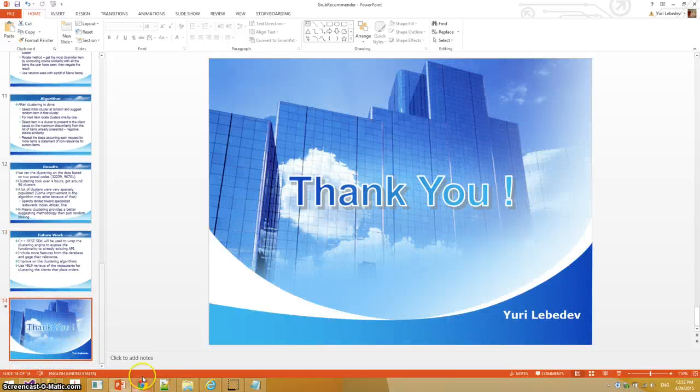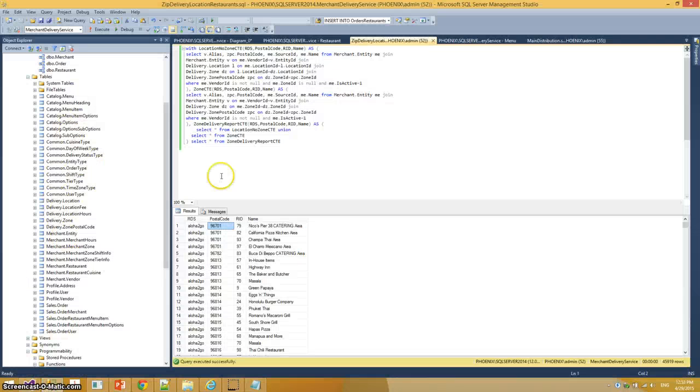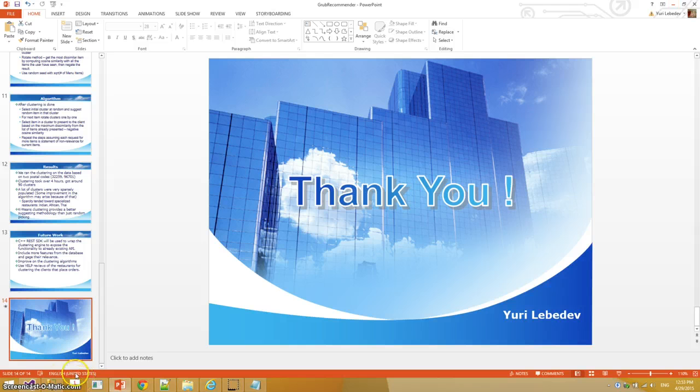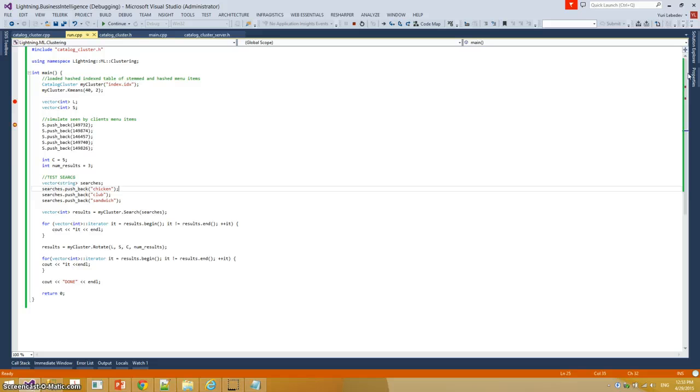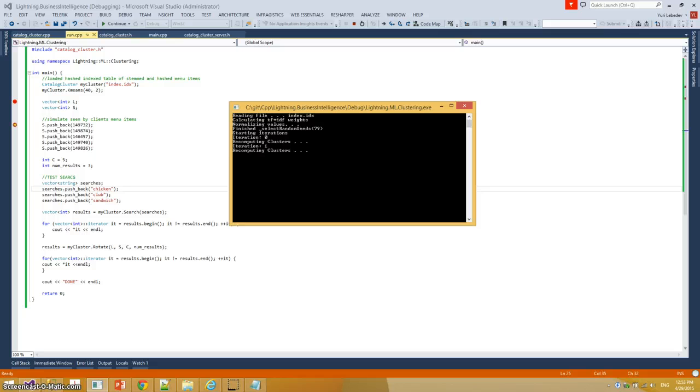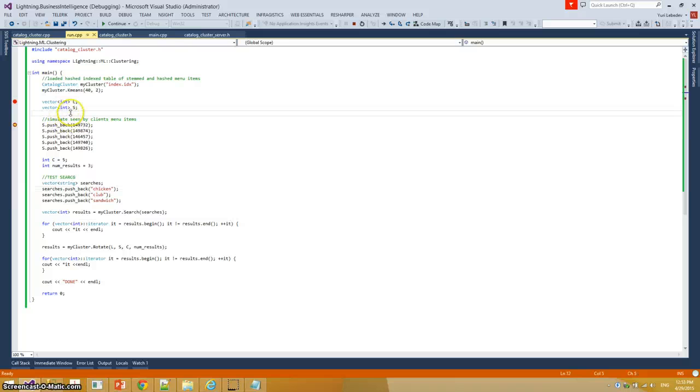So here's the database, as I mentioned, with all the data imported. What I did was run the clustering algorithm, and here's the example that has been running for over 4 hours. I put a breakpoint once the k-means, this is a driver program, has been completed using 2 iterations. And so I can show you, we can step through. So this is my cluster class. It's been loaded and initialized,